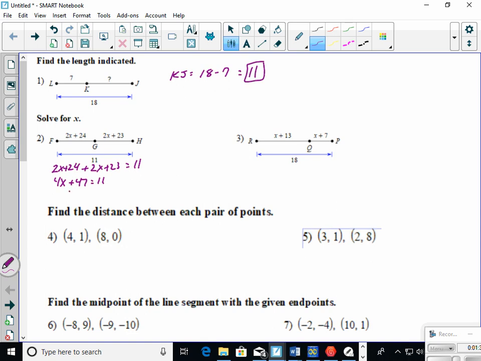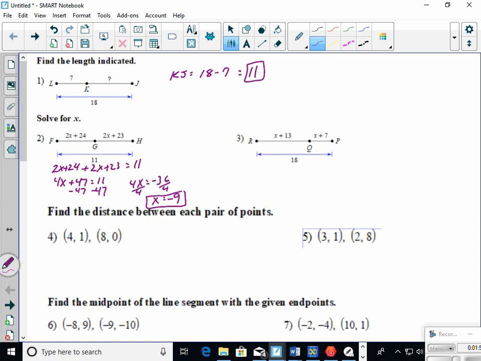And subtract the 47 from both sides. So now we have 4x equals negative 36, divided by 4. Actually, it's going to be negative 9. Number 3,